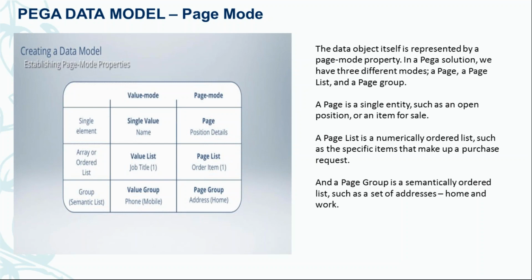Is there any benefit using value mode? Like, does it take less space or something like that? Yeah, it will take less space. Yeah, it will take less memory. But if in future I have a mobile and I want to give some more attributes to it, I need to define different properties in a different place. I cannot include them within that one.